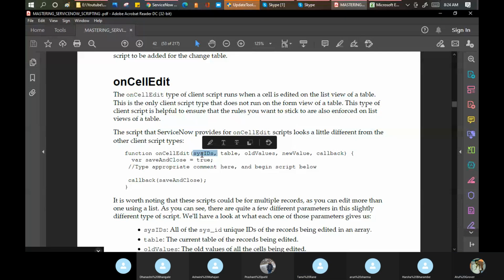Anand, go ahead. Because it's a unique ID, and when you are using on cell edit, it will edit the record, the unique ID of the record. I am not convinced, that is not a valid answer. Dhanashri, why sys id? Sys id is for the table when we are generating. So we are working on a particular table. Yes, on records also, but what is the purpose?